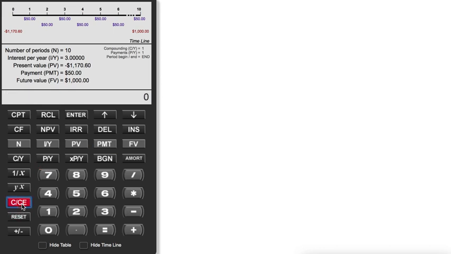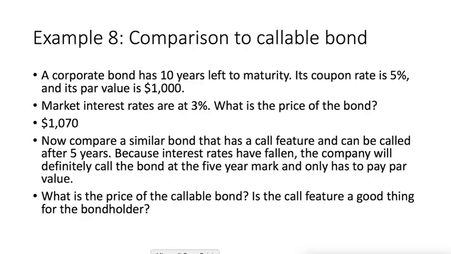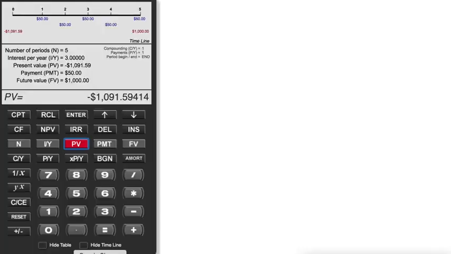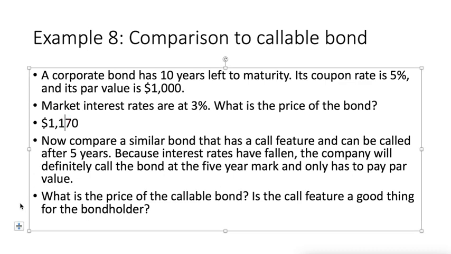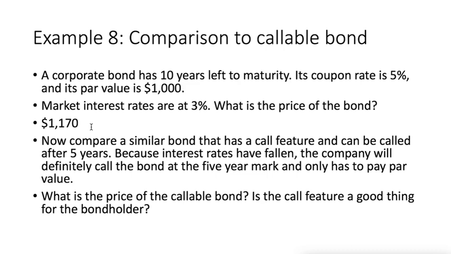Okay, so what we might do is, instead of giving the life of the bond 10 years, we give it 5, because it's definitely going to be called back after 5 years. Recompute the price of the bond, and it's now $1,091. Right? So the point of this exercise was to show that, compared to $1,170,